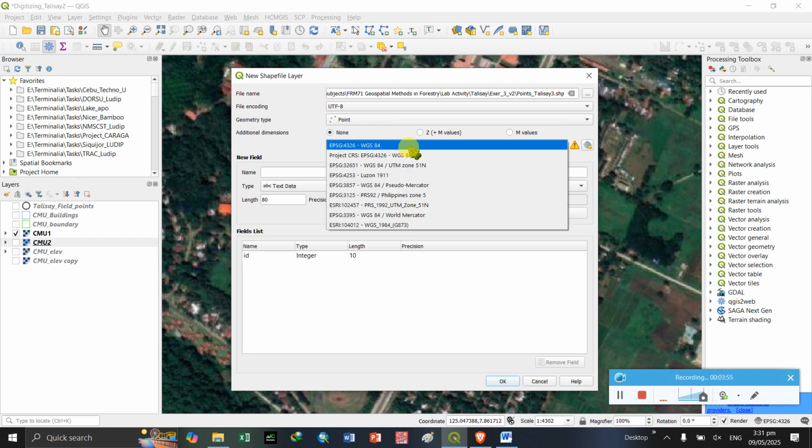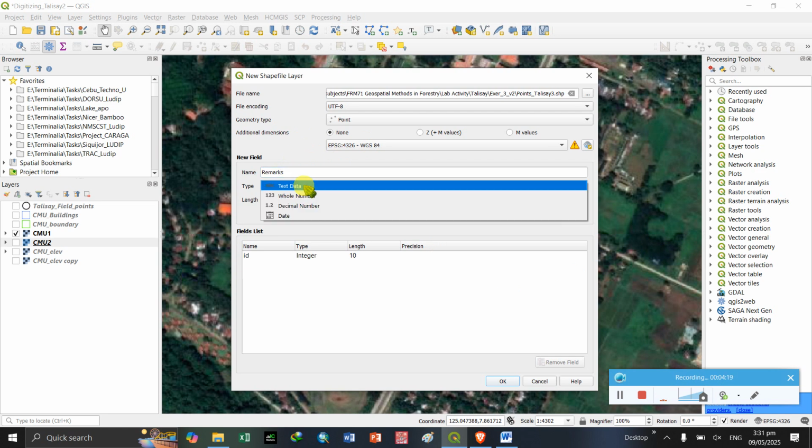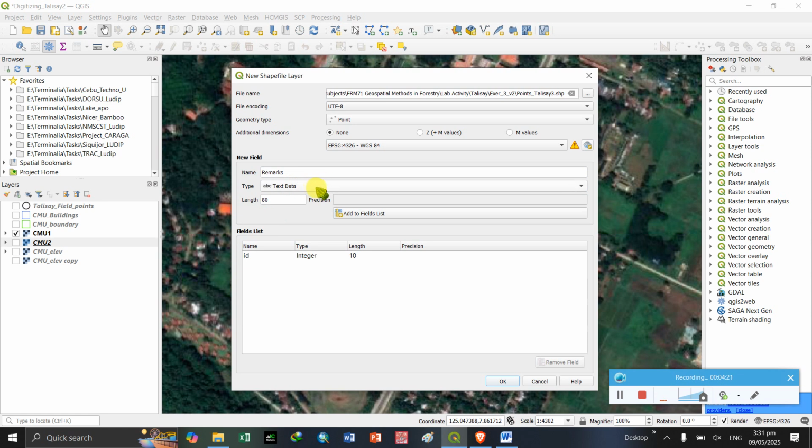And then of course if you do have the existing coordinate reference system, you will use WGS84. And to add a sort of remarks or description of the data, we will add remarks as a new field, and then we will set that to a text type, and then click add to fields list, and then click OK.